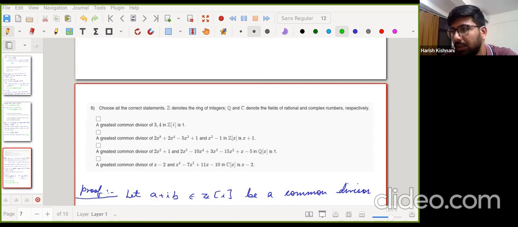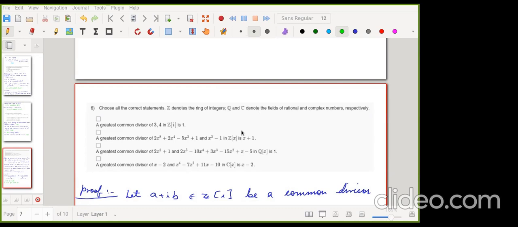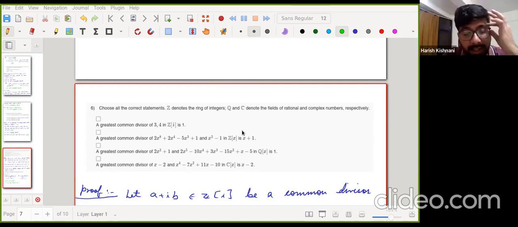15 March. Okay, so I can't tell you the solution, but definitely I can let you know these things. So the fifth question: p and q are distinct prime numbers, and zeta p and zeta q denote any primitive pth and qth root of unity. Q denotes the field of rational numbers. Choose all the correct statements. Here I think it means the same, that it is a generator of the group of all roots of unity.